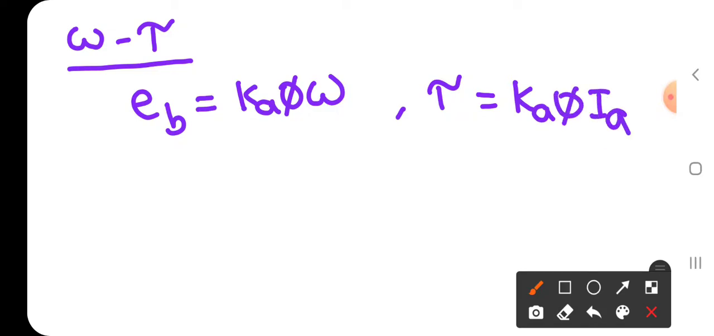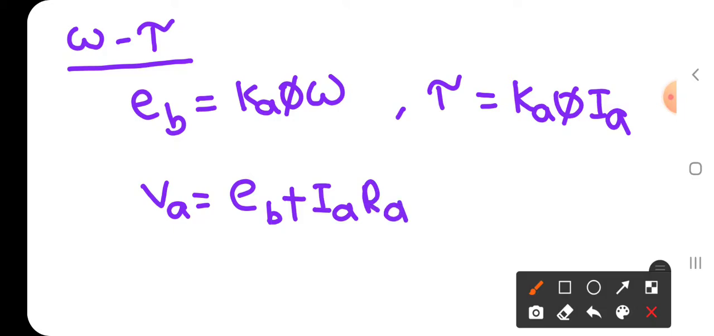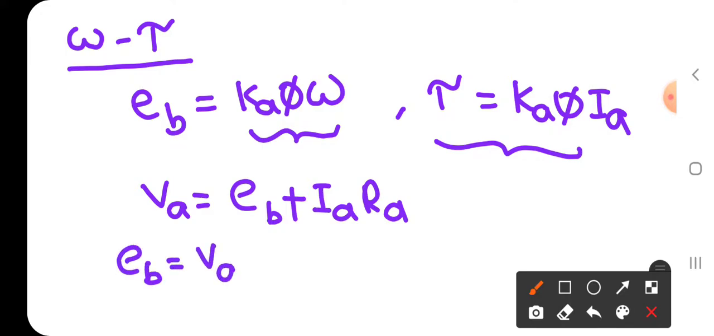Ka phi into Ia. And we know the motor voltage equation is Va is equal to Eb plus Ia Ra. Now I will substitute these two equations here. So Eb is equal to Va minus Ia Ra, and also Eb is Ka phi into omega. We can also write Ka phi omega is equal to